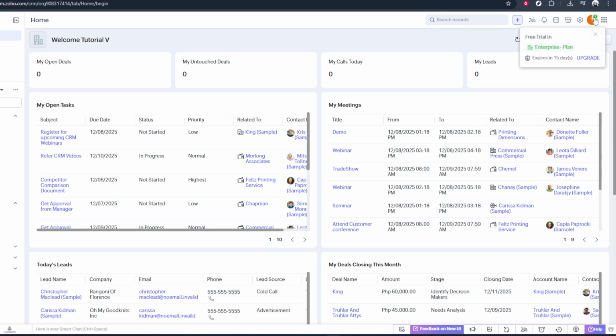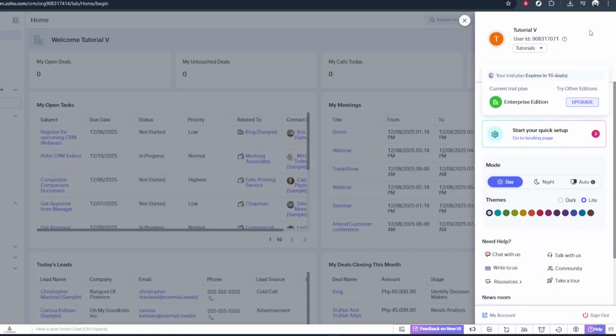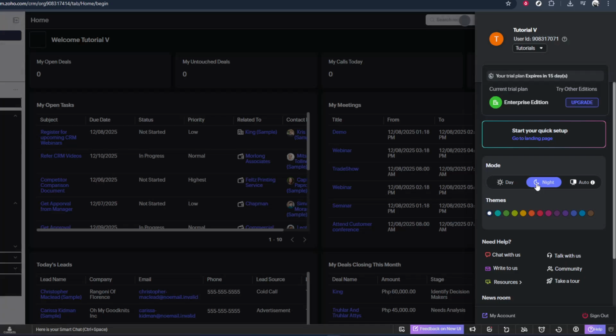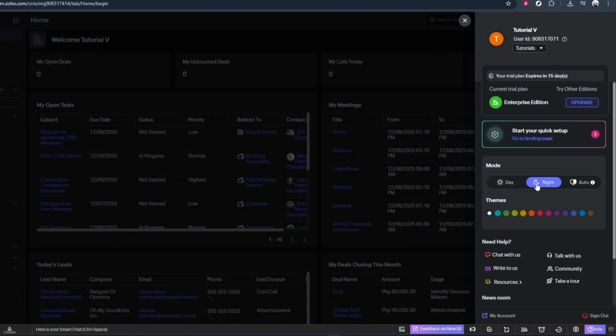This is usually represented by your profile picture or your initials inside a small circle. Move your mouse to that top right corner and click on your profile icon. When you click it, a small drop-down menu will appear. This menu is where Zoho groups various personal and appearance settings for your account, including the option we need to